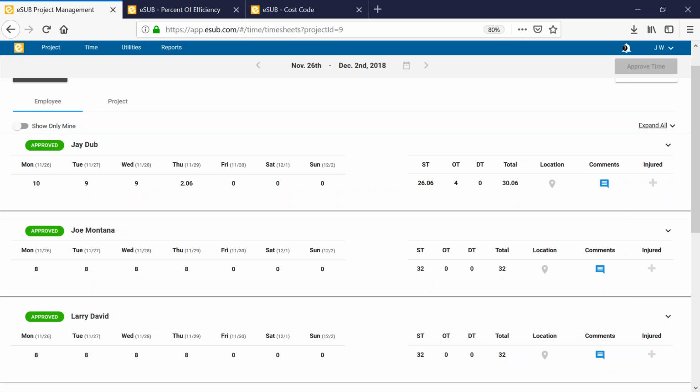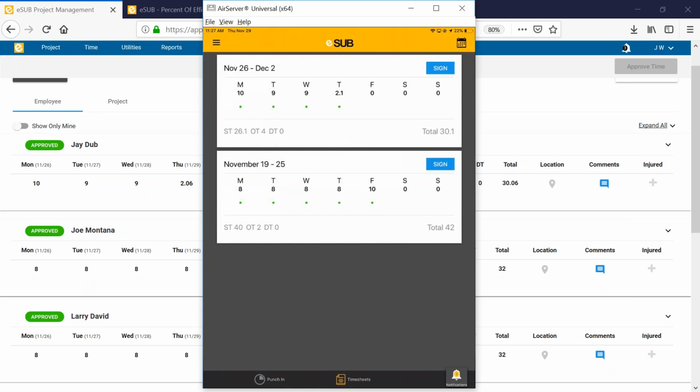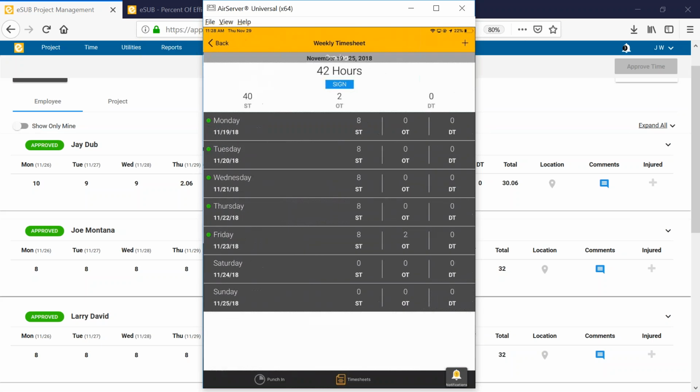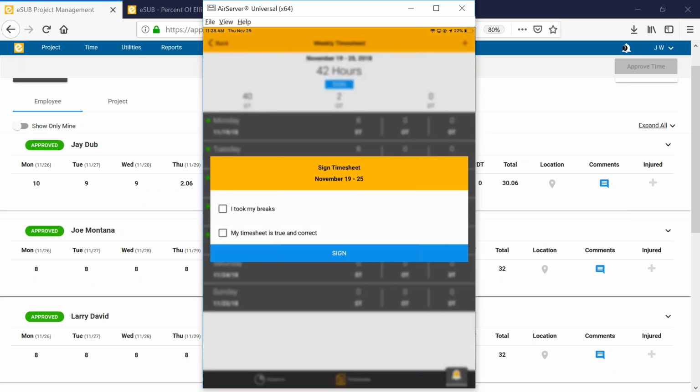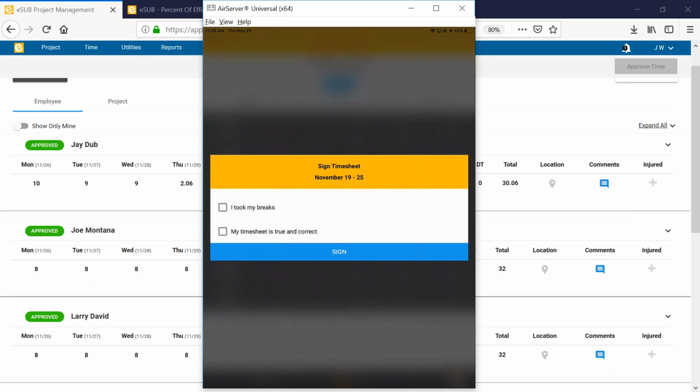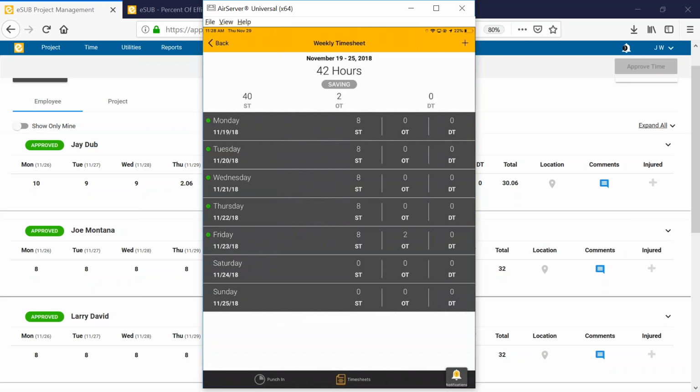If I transition back to the mobile app, what I'll see is once my time has been approved, it's going to ask me to sign the time card. So I can go ahead and say, yep, let's go ahead and sign this. Did I take my breaks? Is my time sheet true and correct? Also be reminded that we're capturing injuries on a daily basis as well. So that's going to go from approved to signed, and then we'll go ahead and